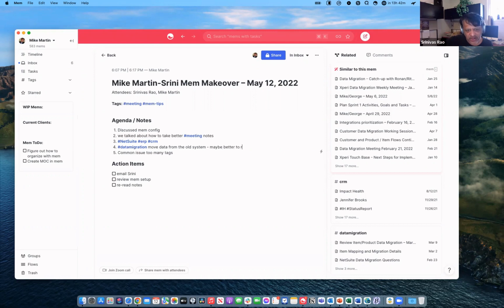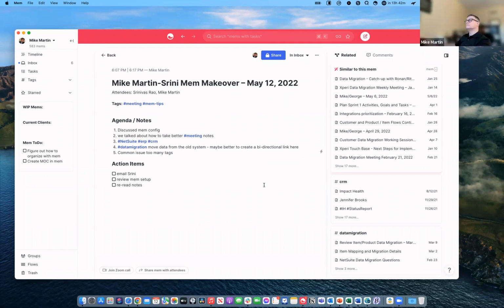And that would then link to these meeting notes. And you could also use a bidirectional link as an action item in your tasks. So for example, you could say, hey, review data migration, but it would be a bidirectional link. And if it's for a specific client, you could say data migration for whatever,